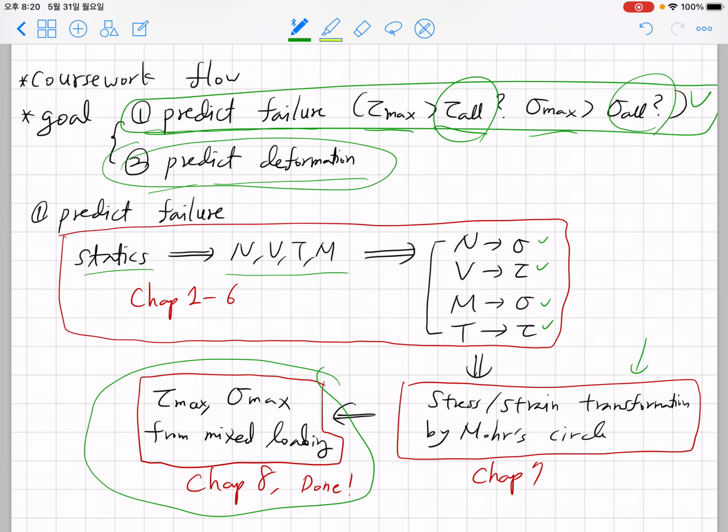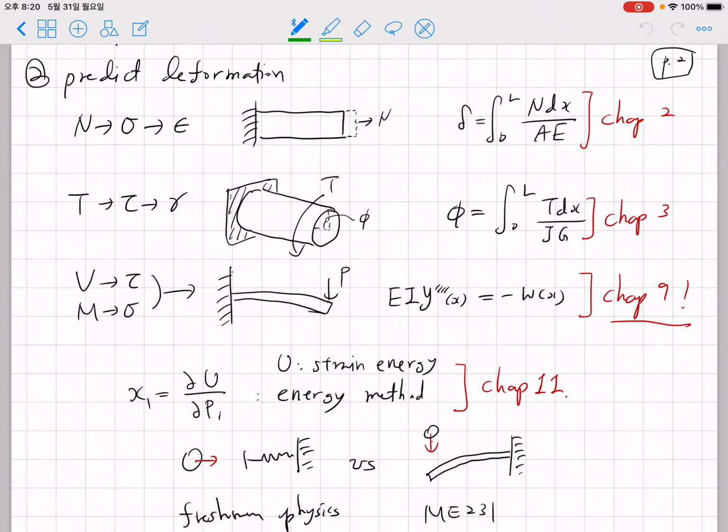and then we started to discuss the second goal again, which is to predict deformation. Regarding deformation prediction, we briefly touched on this topic in chapter 2 and chapter 3, where we considered the displacement under axial loading and twist angle under torsion loading. So this is the equation from chapter 2 and the equation from chapter 3. So in the previous chapter 9, we discussed how